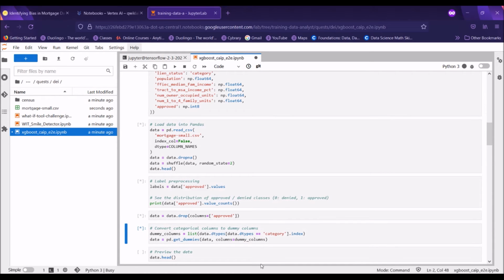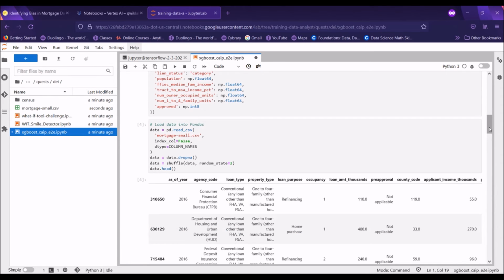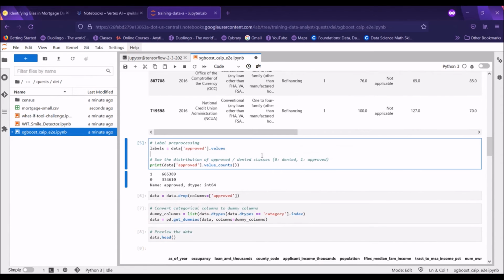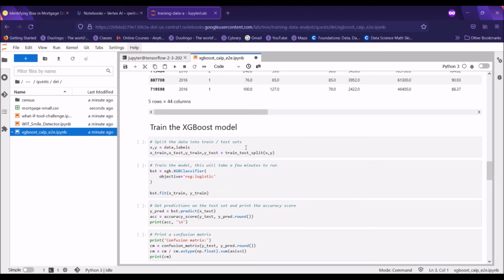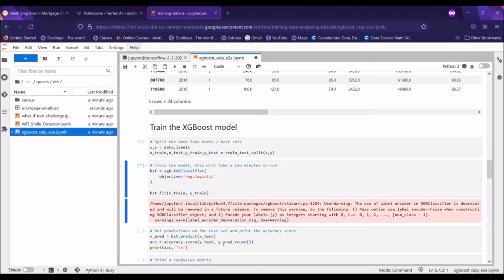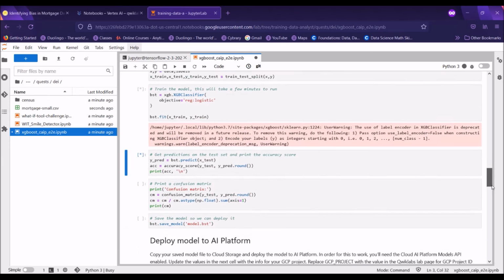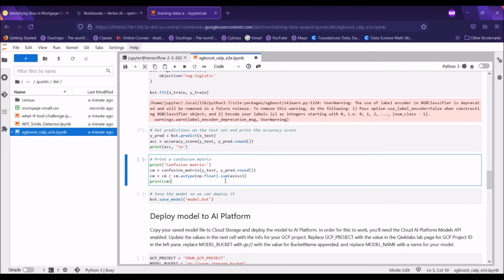As you can see, we'll have to make some changes at points, so keep following. Go to each cell and press Shift+Enter to run.